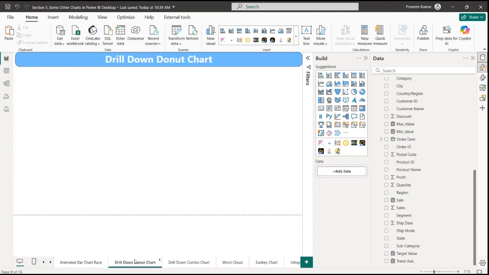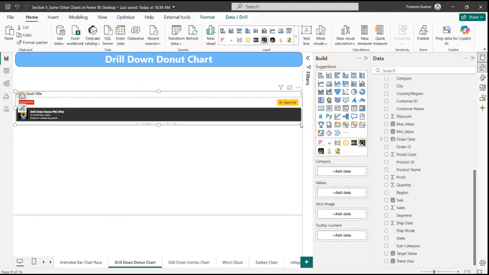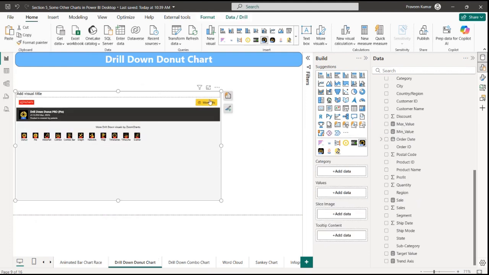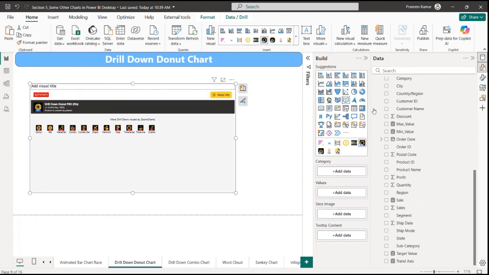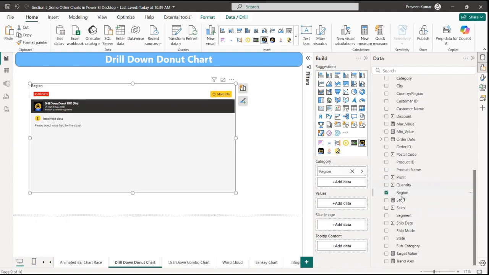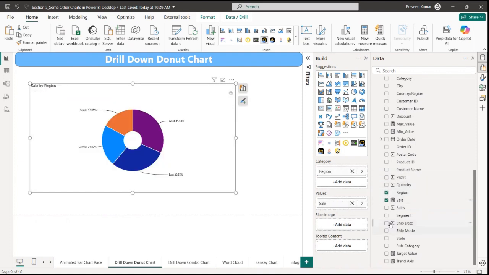Now here I am using this drill down donut chart. So drill down donut chart is this option. Let me click on this. It is a donut chart, but it has better features. Like if I put here the region in the category and the sales in the value, it looks like this. If I want to go inside the region, for example, I want to check inside a particular region,